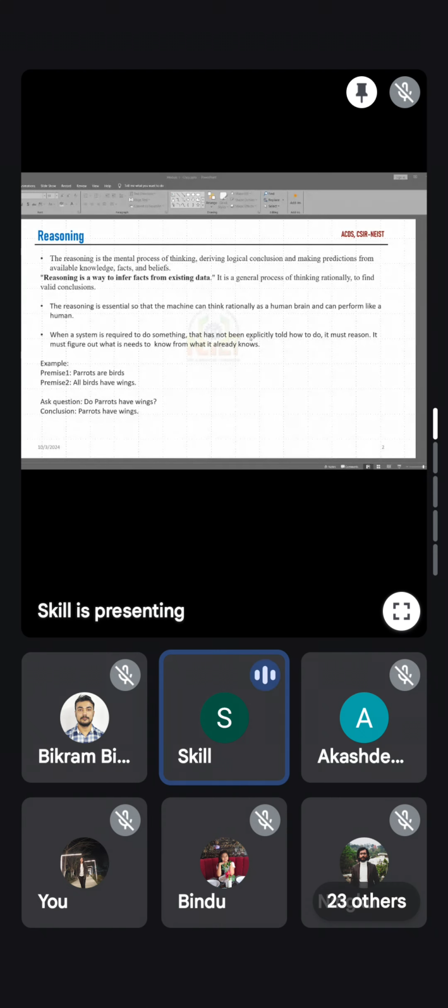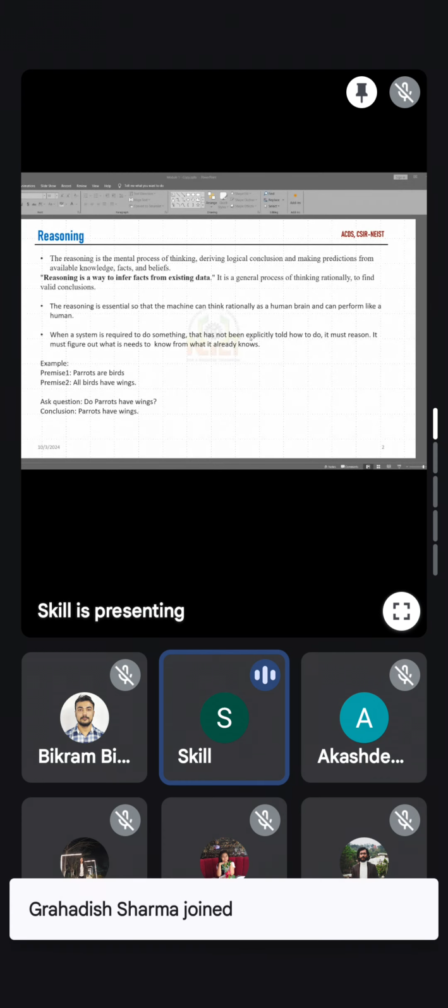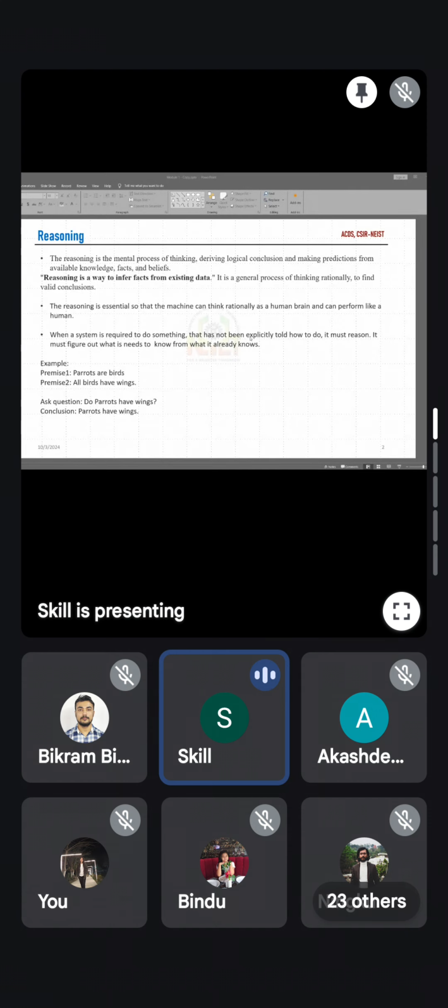Then another application you can have is automated decision making. In domains like finance and healthcare, reasoning algorithms assess the risk and make decisions based on complex criteria and the past data we are having. Algorithms are used for that to do the data analysis and make the decisions without any human intervention. So some examples we can have are